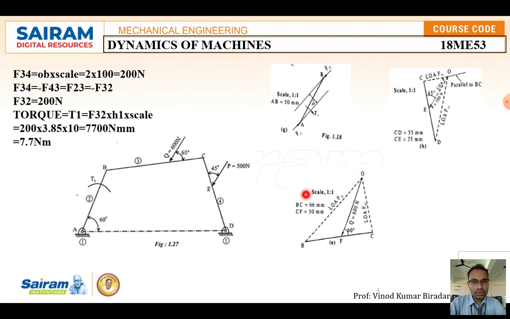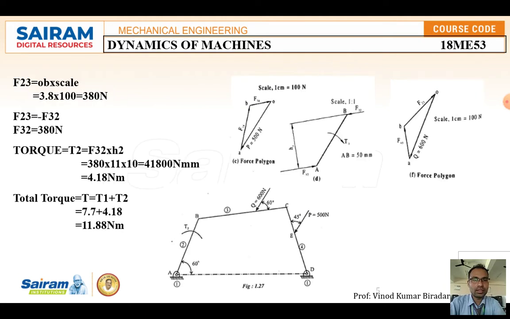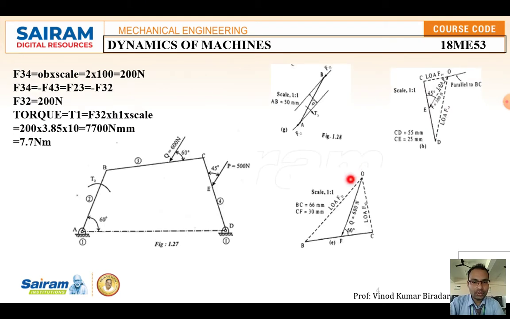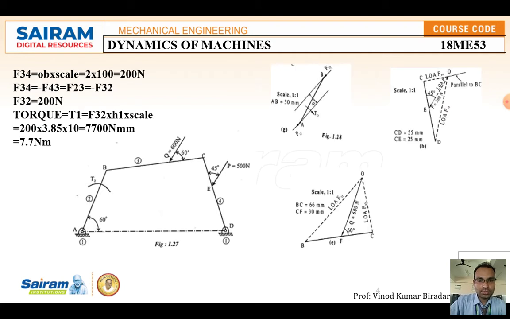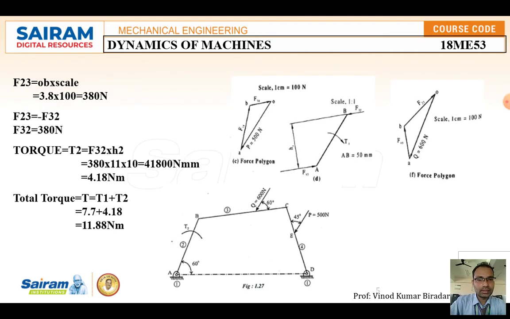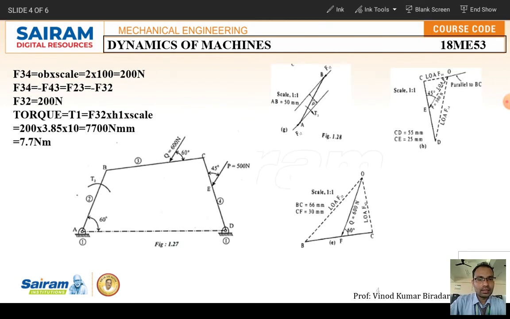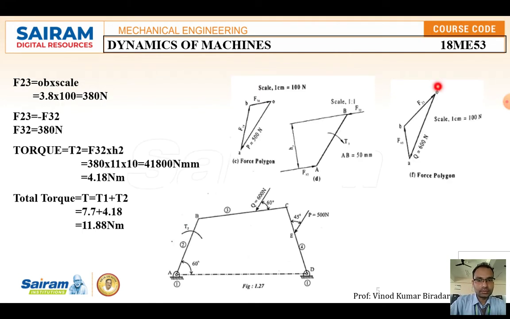Based on this you need to draw the force polygon diagram, because based on this we need to solve. I am going to construct this force polygon. 600 Newton is acting, so transfer this force here. Then transfer the force 43 here, and again the last force here. You are going to get one closed triangle.